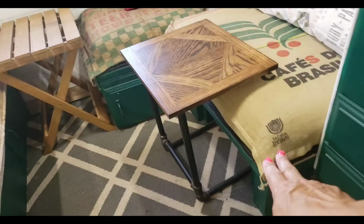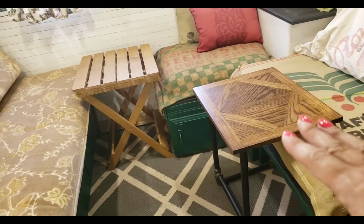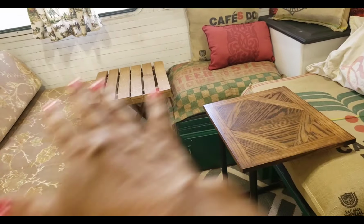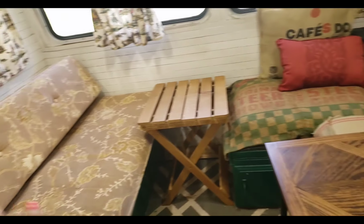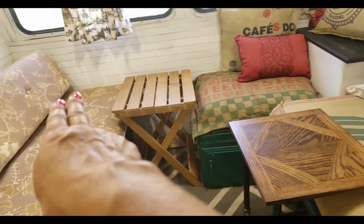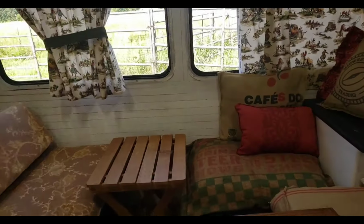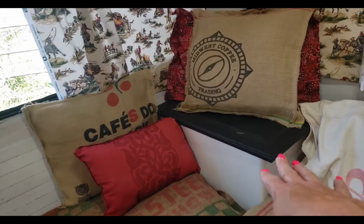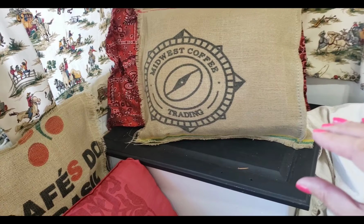These also can pull out to meet that, and you can have a place for two people to sleep if you would like. You could sleep across this way, or you could sleep this way. Okay. And then also, this had particle board on it, and it had swollen because it had got wet